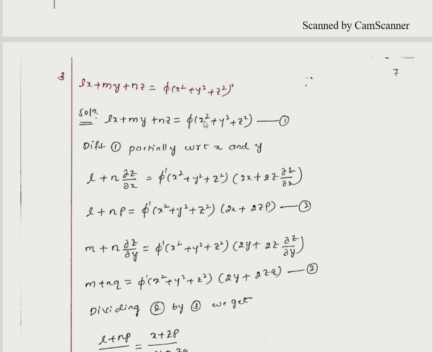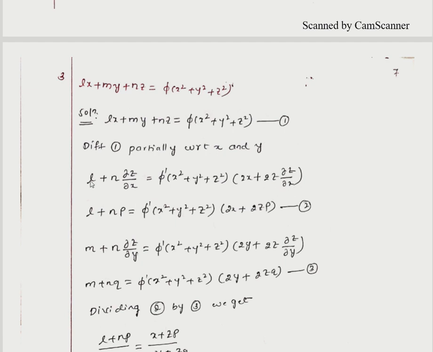Here what is the derivative of x² with respect to x? This is 2x. Here with respect to x, y² is a constant, 0, plus. Here what is the derivative of z²? That is 2z, and by using the chain rule, what is the derivative of z with respect to x? ∂z/∂x. Here you should remember that z is not a constant with respect to x and y, it is a function. Therefore the derivative of this function is not 0, that is 2z into ∂z/∂x.